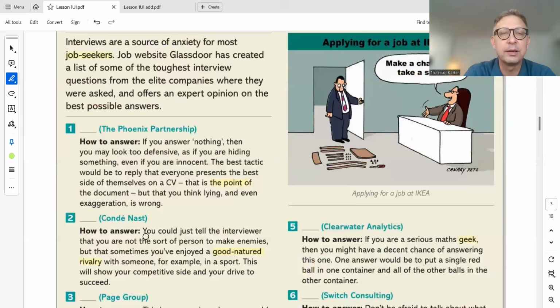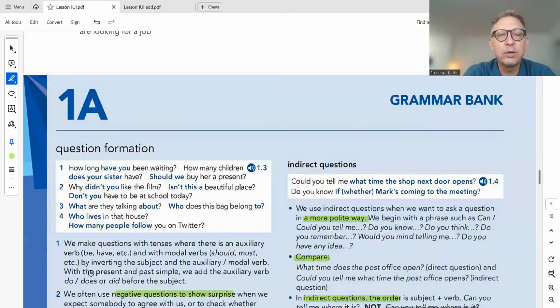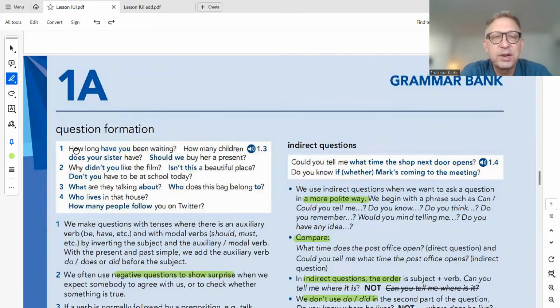Let's go to the grammar bank. The grammar bank is here on the question formation. Now, sometimes I'm going to send you these audio files. You're going to see them underneath the video on the platform. Other times, like now, I'm going to be your audio file. So here's how this works. And I think it's very clear. Number one are examples. And then the number one down below is the grammar rule. Some of the grammar rules are more important than others. So I won't go through all of them because I don't think some of them are either important or necessary. You're free to go through them on your own.